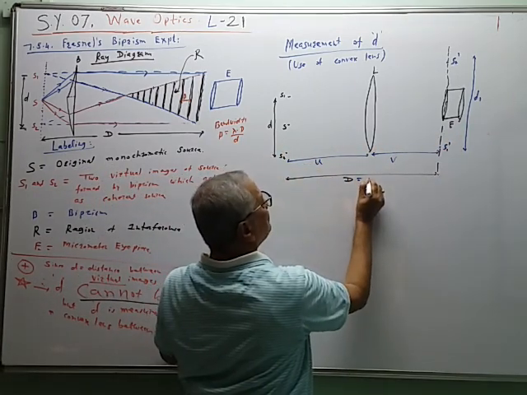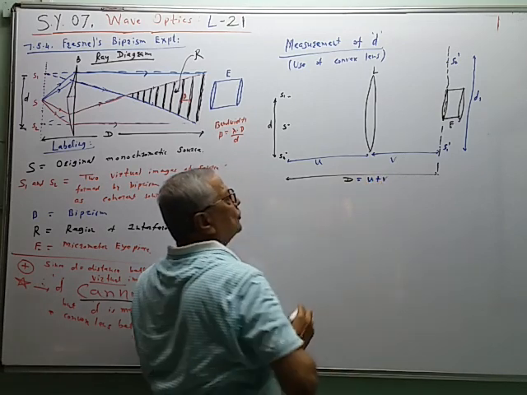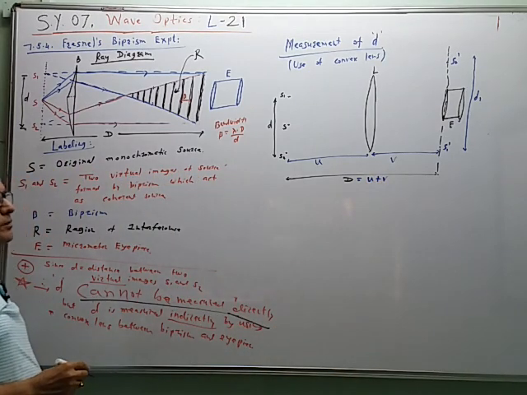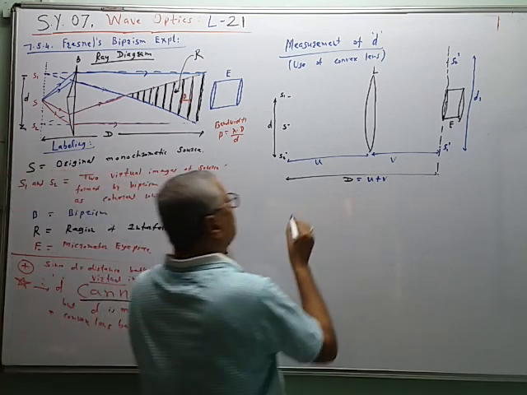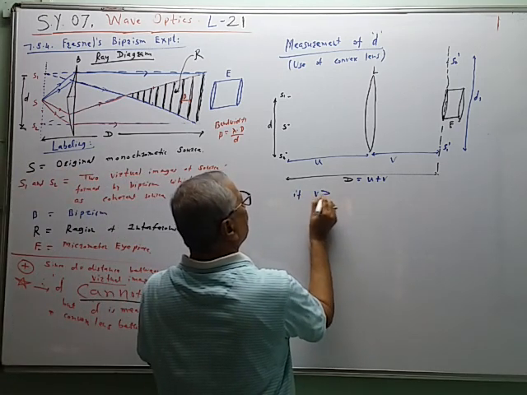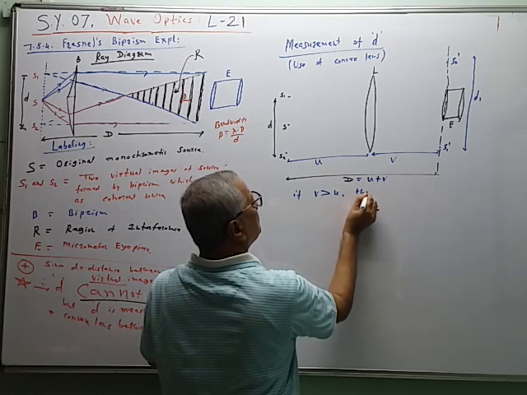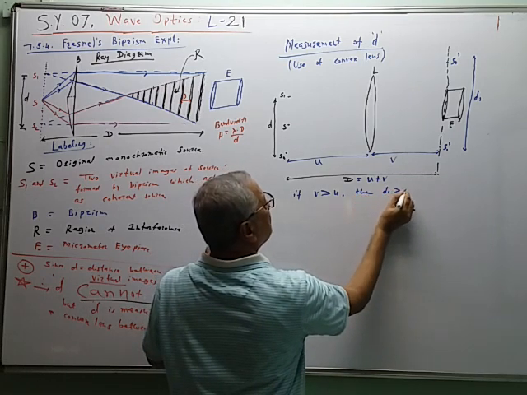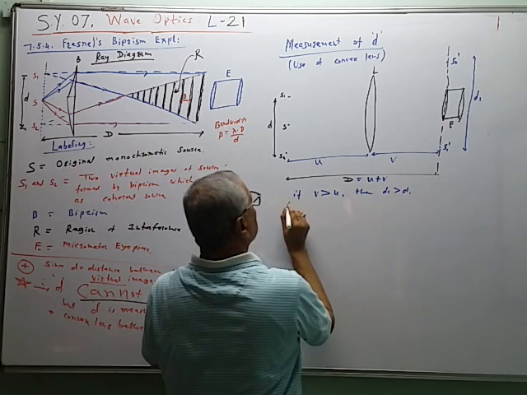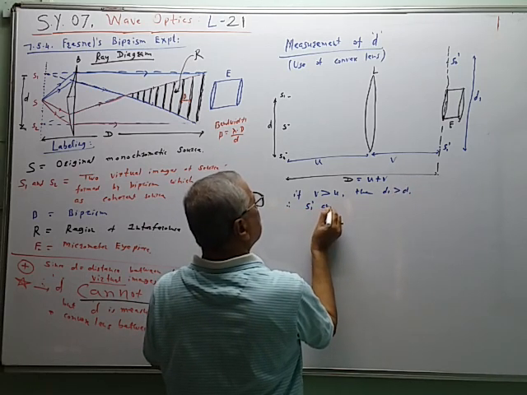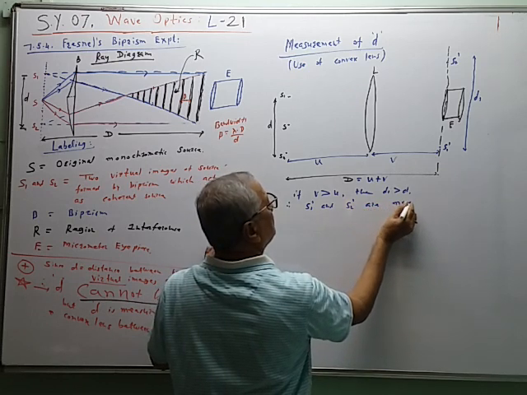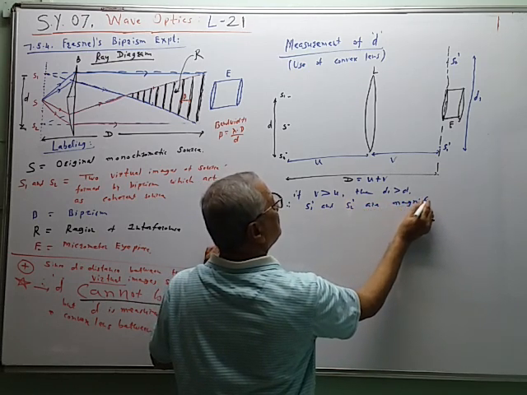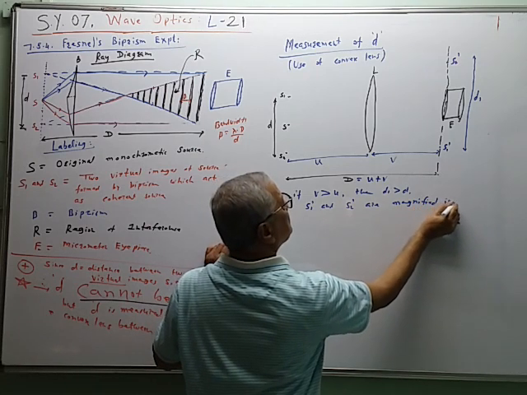So capital D is equal to u plus v, where u is the object distance of the slit from the lens, and v is the distance of the magnified images. If v is greater than u, then d1 is greater than d. Therefore, S1 dash and S2 dash are magnified images